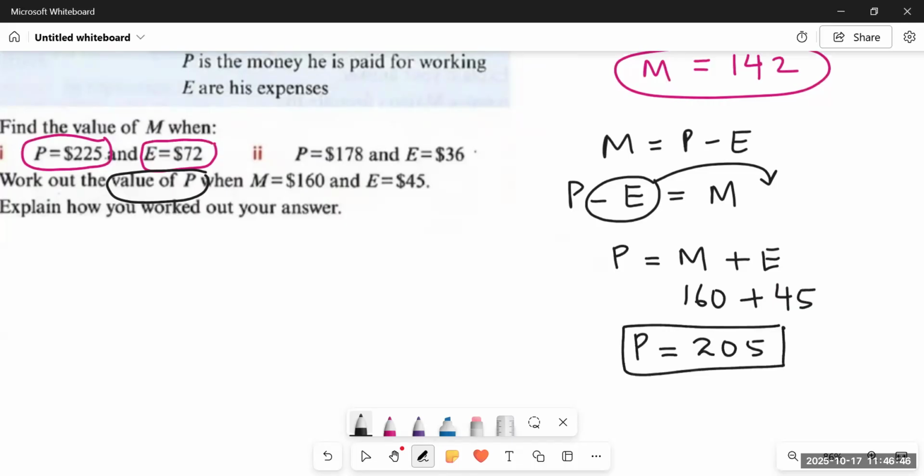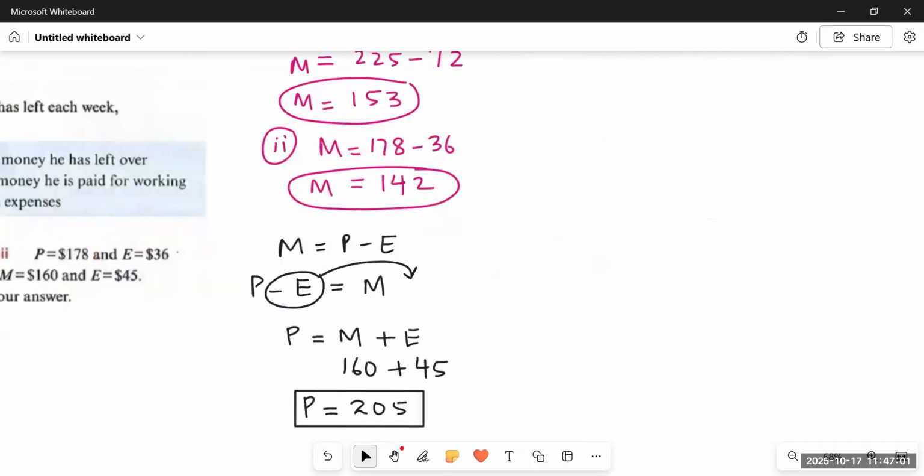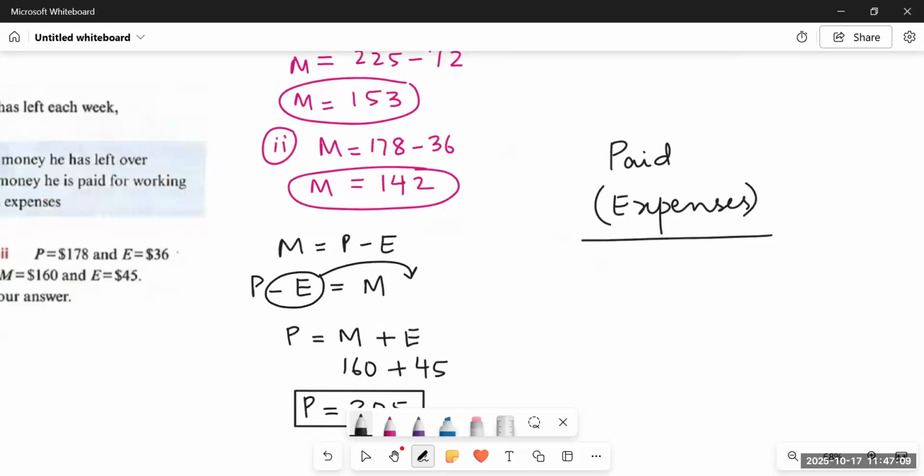Okay, that's all. What did we learn from here? We learned that if we have to find out his amount of money left, what do we have to do? We have to subtract his expenses from the amount paid. That is, whatever amount is paid to him, we will subtract the expenses from it and we will get the amount that is left over, right? So whenever we have to calculate the amount left over, even without solving it on a piece of paper, we must have the concept in the back of our mind that the amount left over is simply this difference